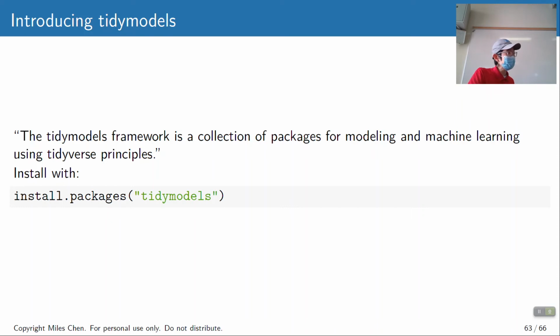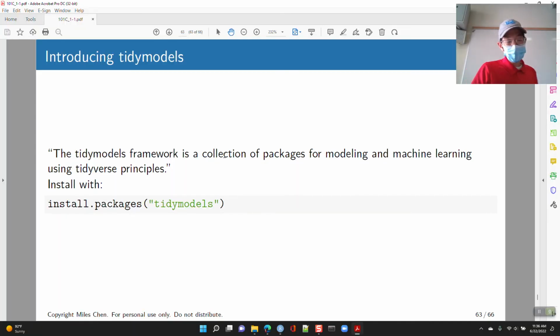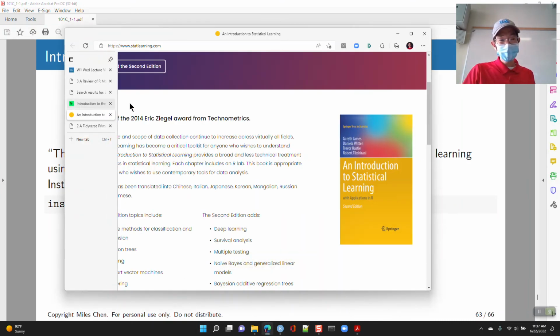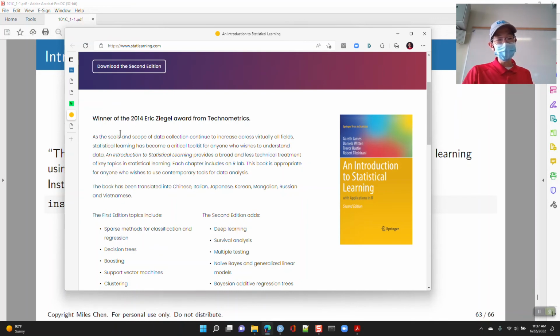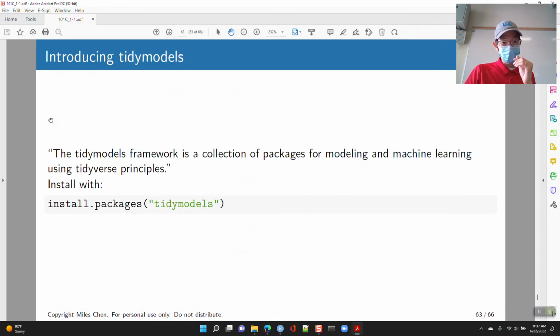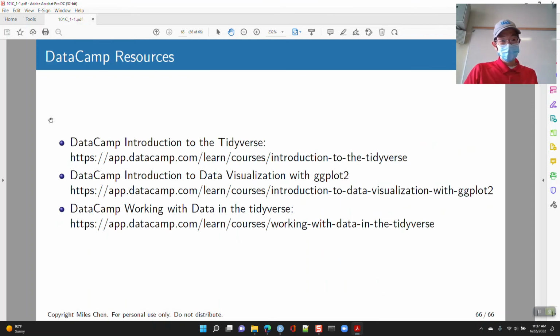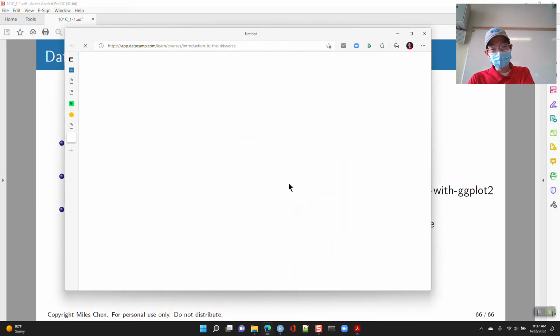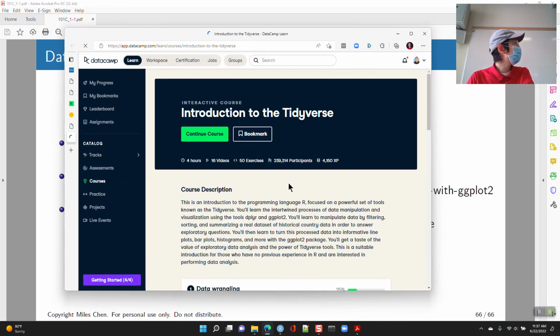I only have a few minutes left, but let's introduce the Tidy Models package. In your first homework assignment, I think I just linked things to Tidy Models. And actually, let me pause for a moment. If it's been a while since you've worked with the Tidyverse, you can learn the Tidyverse on DataCamp. I got everybody's subscriptions to DataCamp.